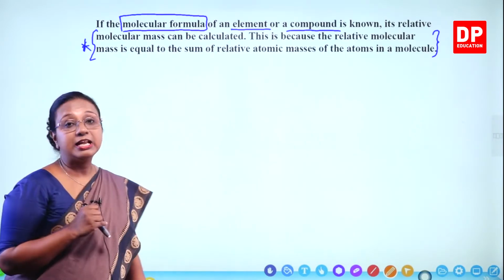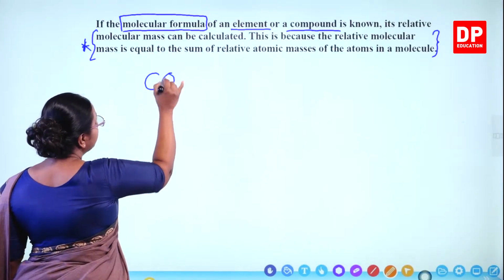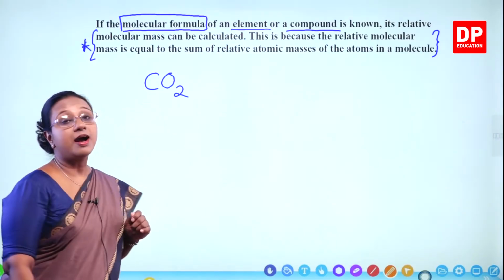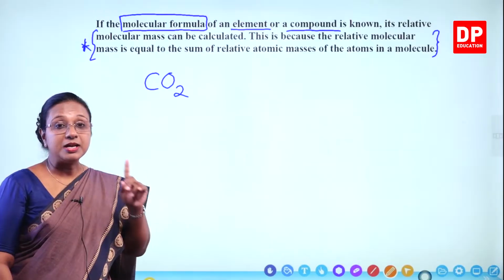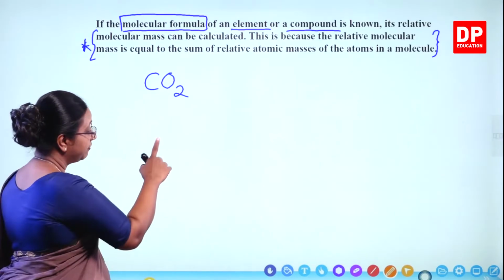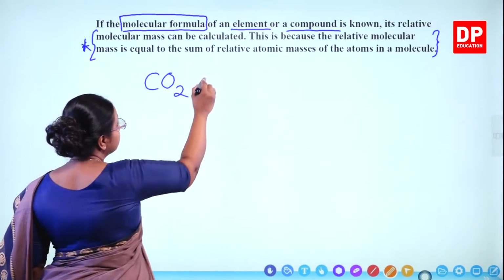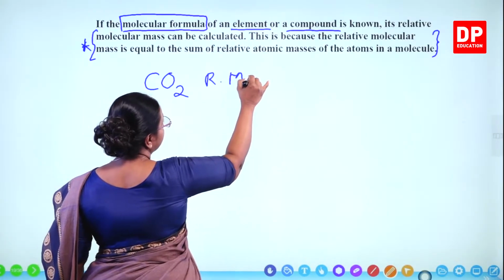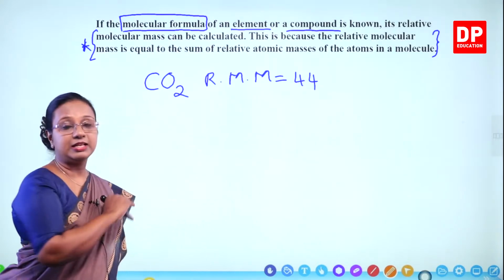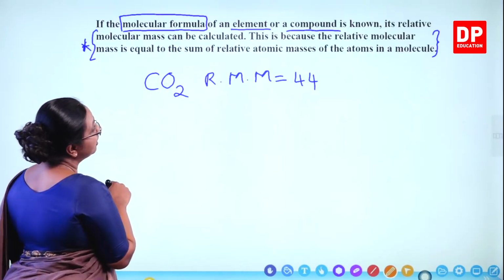Now we calculated for carbon dioxide. I will take the same example. Now you know the chemical or molecular formula of carbon dioxide. Carbon dioxide, 1 carbon and 2 oxygens. So here, if you can remember, we calculated the relative molecular mass. So relative molecular mass was calculated as 44. We did it in the previous examples. So then, if we use the second method,